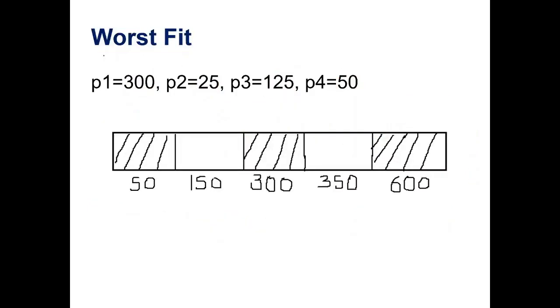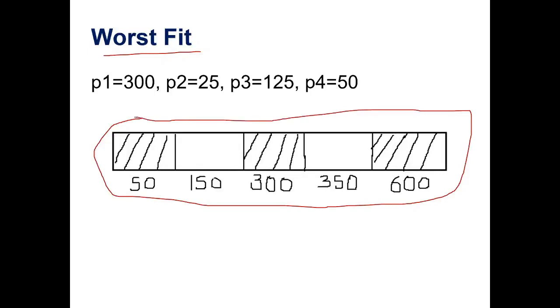Now let us see the worst fit. In worst fit, the largest block will be selected for the process allocation. All memory will be scanned first, and whichever is the largest block, there the process will be allocated. Which is the largest block here? The process P1 will be allocated in the largest block. After allocation, how much memory remains here? 50. So 50 memory remains here and P1 is allocated.